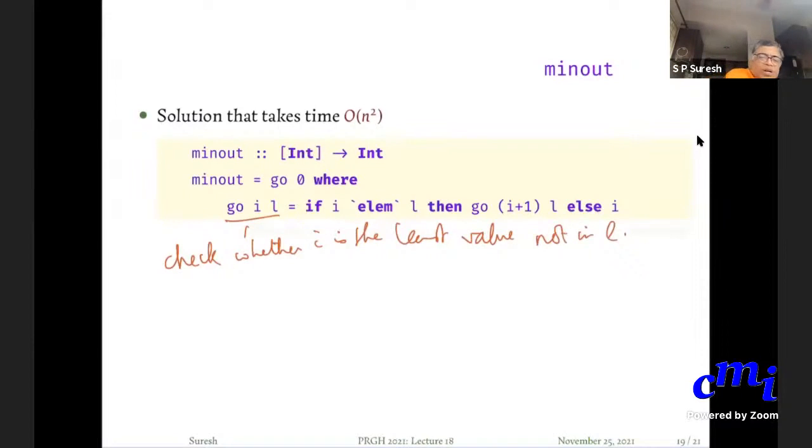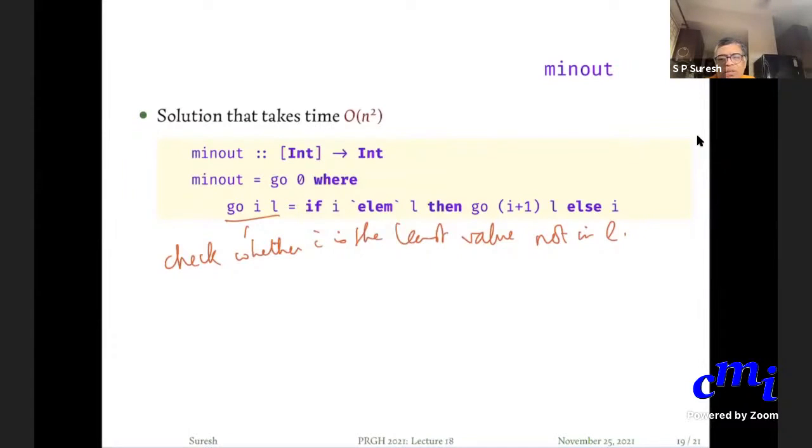So you want to check whether i is the least value not in L, having had a guarantee that everything from 0 to i minus 1 is in L. So we first check whether 0 is the least value not in L, and for that you just check whether 0 is an element of L. If so, then you move on to the next number. Otherwise, you report that i is the answer. If 0 is an element of L, then you should check whether 1 is outside L. If 1 is also an element of L, check whether 2 is outside L, etc. The moment you find something where the i-in-L call returns false, you say i is the least thing that is outside L.